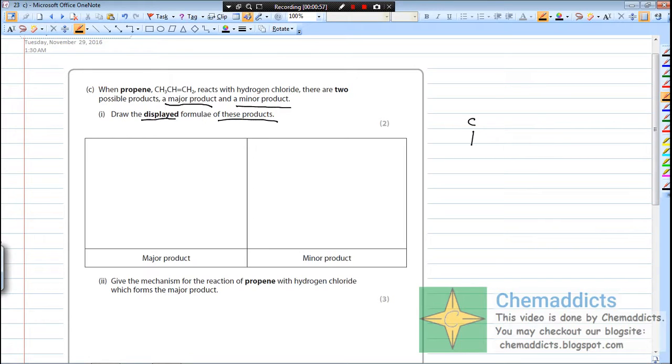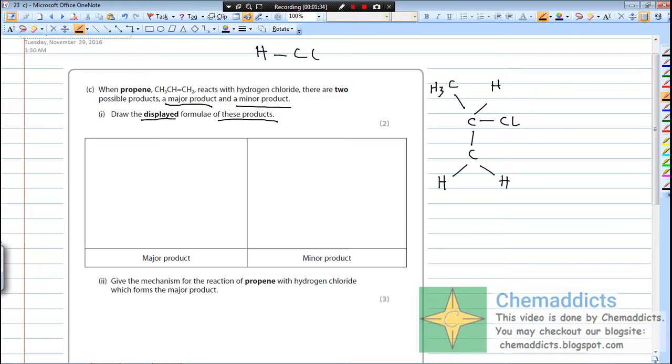So this is propene, right? So in here there should be one CH3, here one H, and in here this is H, this is H. Okay. So in here we are reacting propene with hydrogen chloride. So this is the HCl molecule. So here there are two possibilities. Here Cl